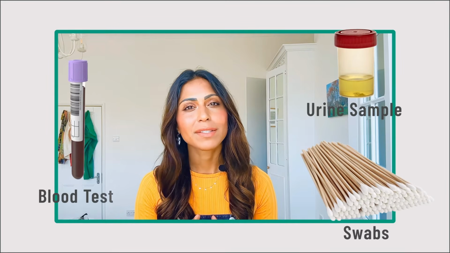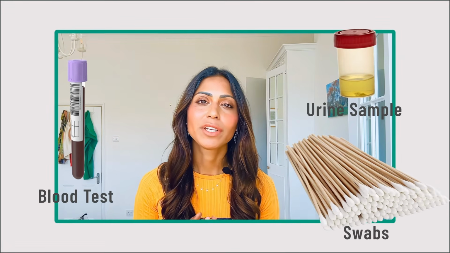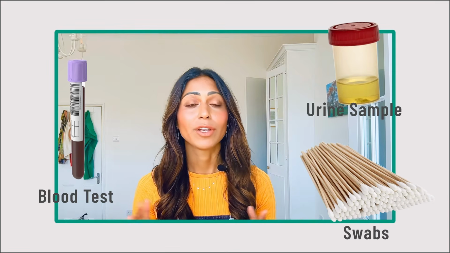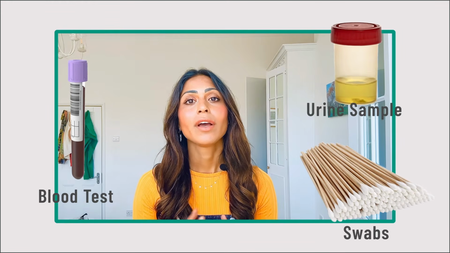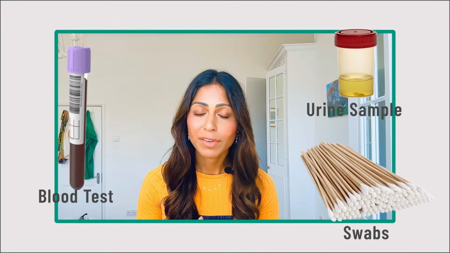To get a diagnosis, tests we might use are swabs, urine samples, and blood tests. Generally, we use swabs for conditions like chlamydia and gonorrhea, and urine samples for chlamydia and gonorrhea, and usually we need blood tests for syphilis and HIV. Getting regular screening is important, as there are STDs that don't often have symptoms, especially in the early stages, like